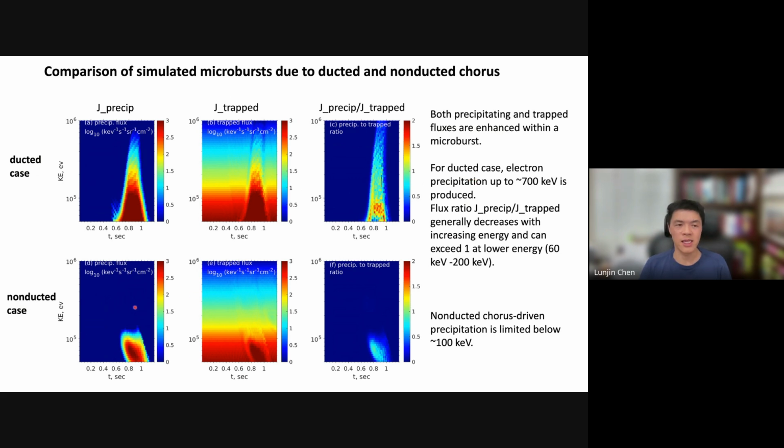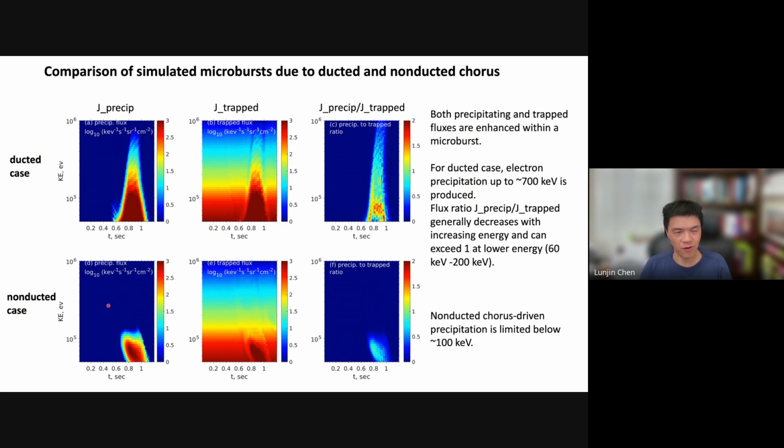But if you look at the non-ducted case, as I mentioned, if you have non-ducted chorus wave, then chorus wave energy will be damped quickly before the chorus wave reaches higher latitude. And we know the higher latitude chorus waves tend to interact with the more energetic electrons. But if you don't have sufficient wave power at high latitude, the non-ducted chorus will fail to interact with the